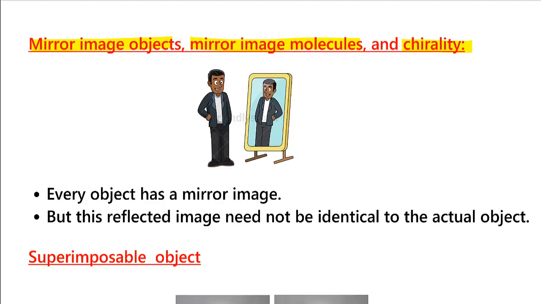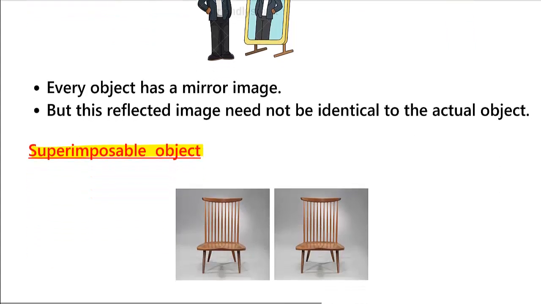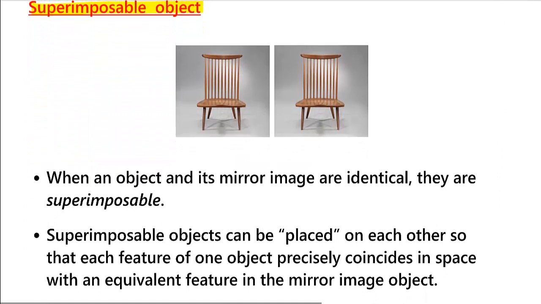So we have introduced a term called superimposable objects. Let us try to see what this means. Here I have two chairs, basically one chair, and this is the mirror image of this chair. What we are doing is taking this chair and putting it in front of the plane mirror, and we are getting the image of that chair in the mirror, and then I am putting the same here. So this is the object, and this is the image of that object, in this case a chair.